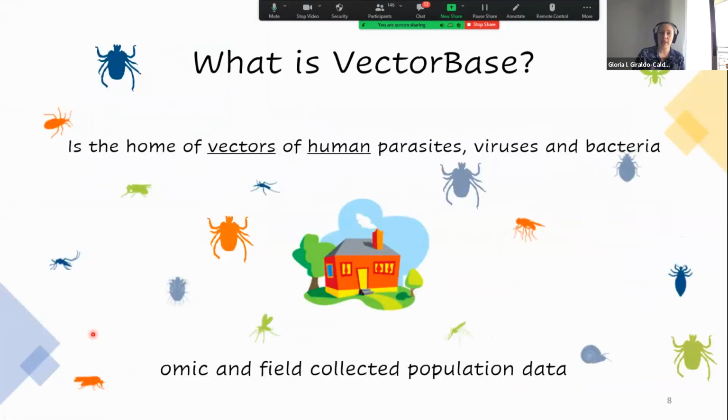Okay, so what is VectorBase? VectorBase is the home of vectors of human parasites, viruses, and bacteria. And we host both omics and field collected data. Notice that I have underlined the word vectors because, as you may have noticed from the little cartoons,